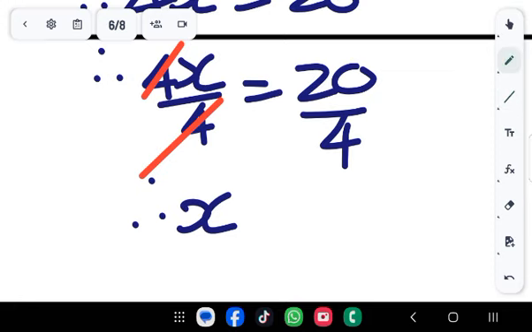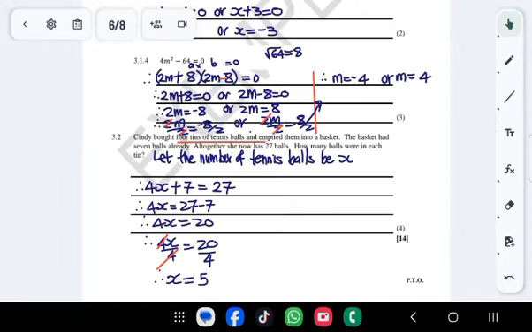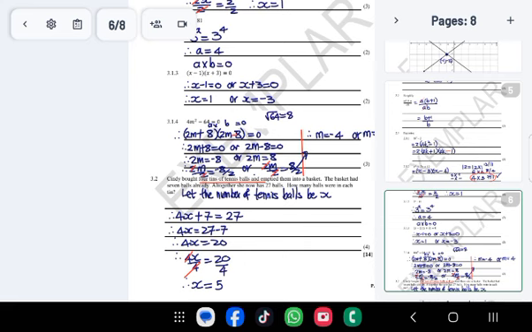Alright, now, therefore, on the left-hand side, you will have 20 divided by 4, that is 5. And your answer is x equals 5. Next,